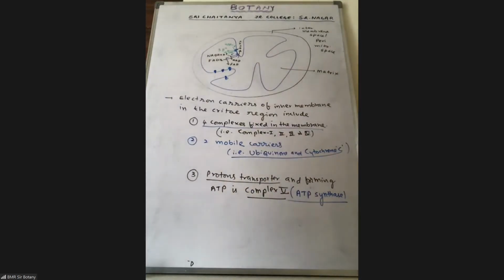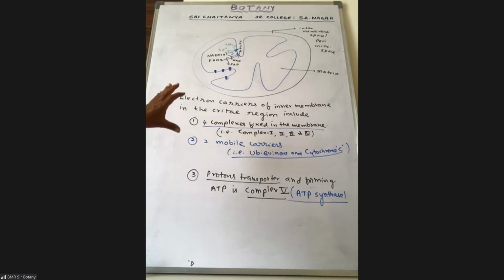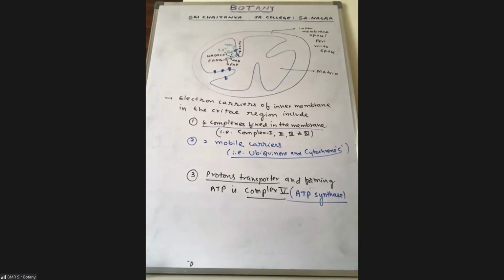It is called so because it is associated with ATP synthesis. In photosynthesis also you are going to come across one such that will be called ATP synthetase. Just name change. So that T is there means it is that of photosynthesis. T not there means that of respiration, you can remember. So protons translocator, transporter and forming ATP is complex 5, which is otherwise ATP synthase. So how are these associated with that process? To be seen in detail better in tomorrow's class.